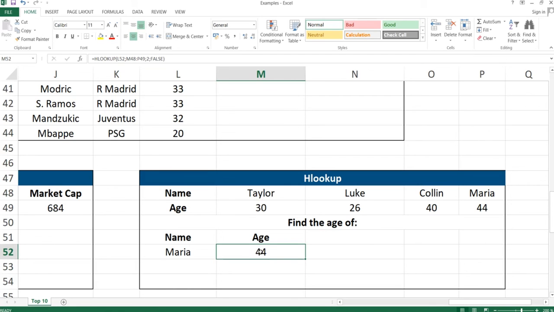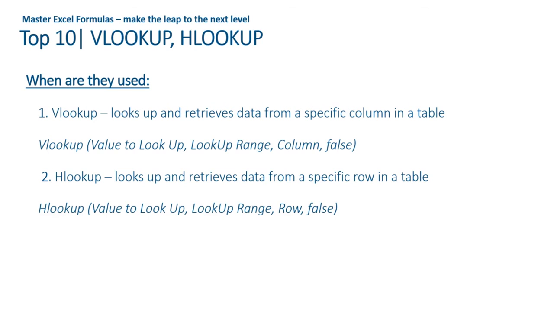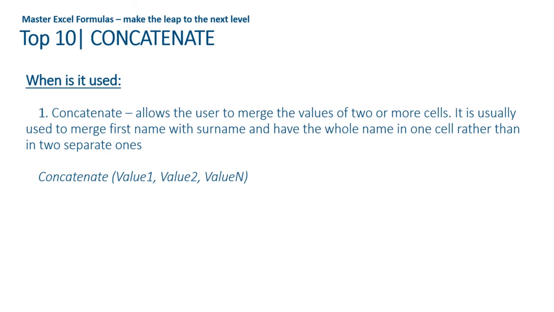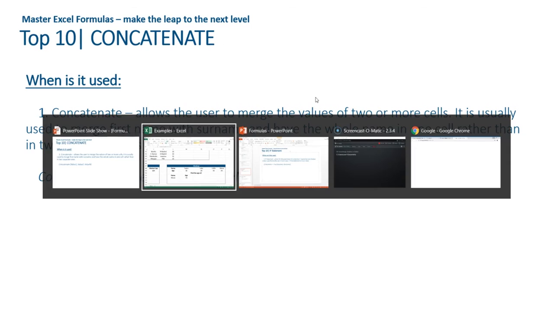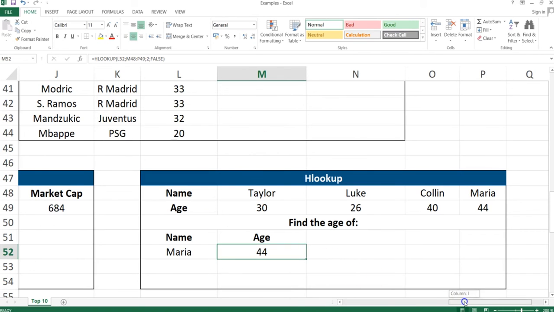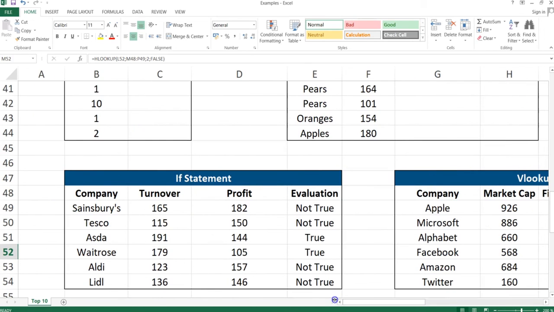Okay, now going back to the presentation, after this group of formulas we have concatenate, and this is another very frequently used formula. What it does is basically allow the user to merge the values of two cells in one cell, or more than two cells, as you can see from the structure of the formula here. Okay, so if I go to the example sheet again and find the example for concatenate